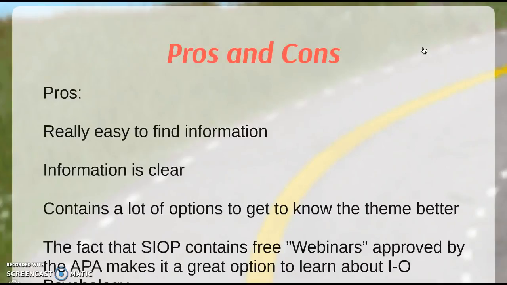Pros and cons: I really don't see many cons of the web page, maybe because I'm really interested in IO psychology. But I see a lot of pros in the SIOP web page. The first one is that it is really easy to find information. Information is clear and easy to understand. It contains a lot of options to get to know the theme better. And the fact that SIOP contains free webinars approved by the APA makes it a great option to learn about IO